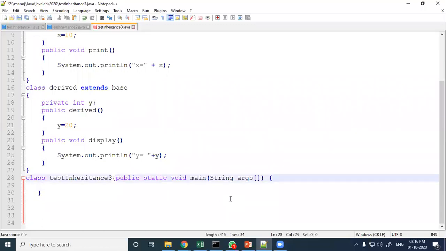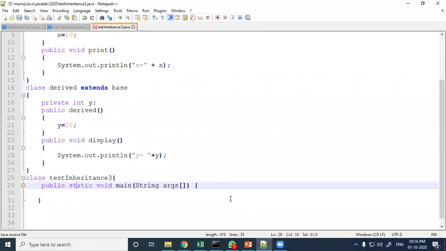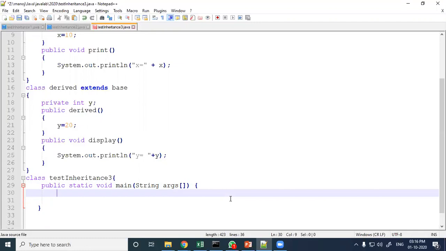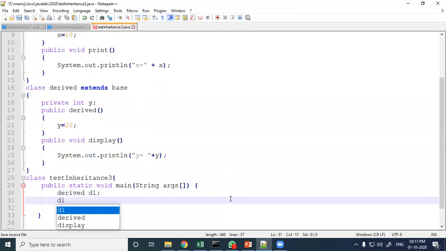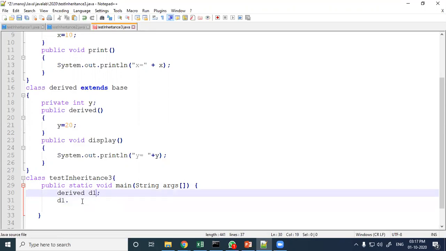In the class TestInheritance3, I am writing the main function. Inside the main function, I will create the object of the derived class, Derived d1. Now I write d1 equal to new Derived(). Without any explicit constructor written, the constructor will be called.